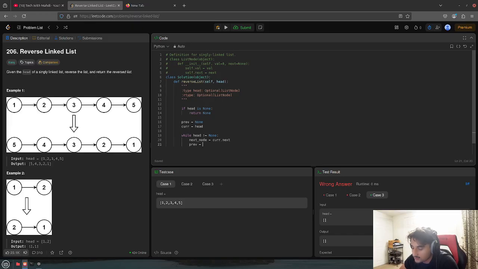We need to set the previous to the current, and then no, we need to set the previous to the next node, which is 2, right? I don't know if this is gonna work. Previous to the current dot next. Hold up, sorry. Let's just say the next underscore node, and then we set